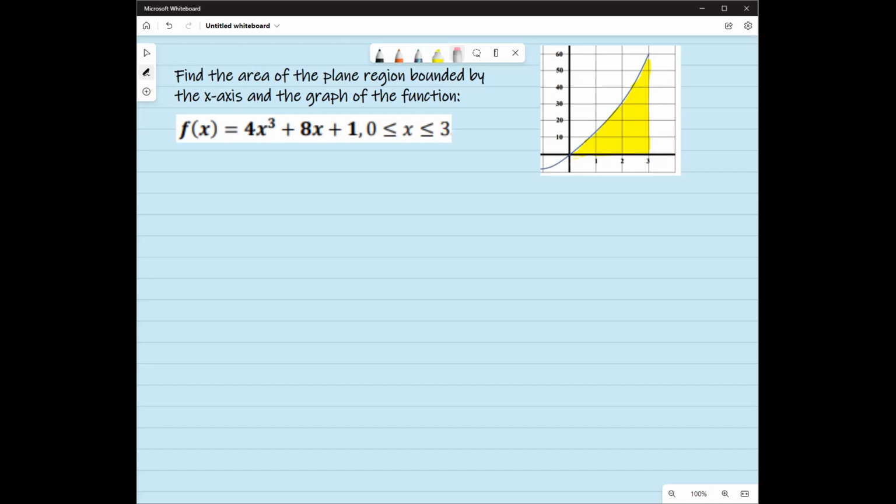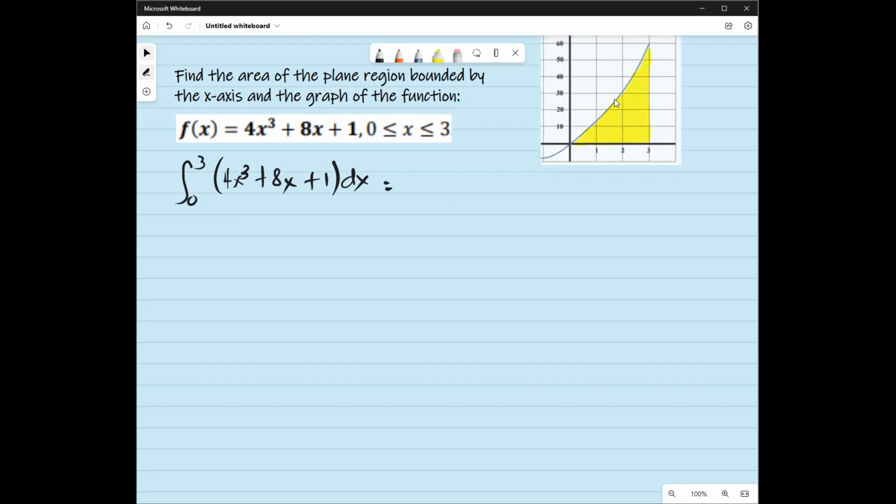Okay, so if we do this with our definite integral, this will be the definite integral of 4x cubed plus 8x plus 1 dx from 0 to 3. Yeah, so this is how we do this. Now, let's take the integral of this. So this will be equal to,